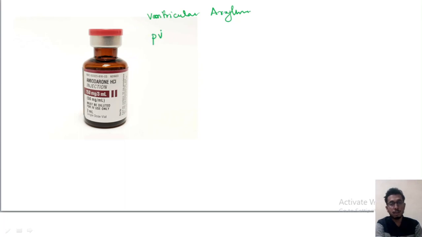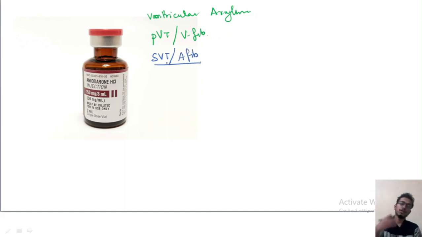It is also used off-label in pulseless ventricular tachycardia or ventricular fibrillation. It is also used in SVT, supraventricular tachycardia, as well as AFib, and it is most commonly used in cases of AFib in most of the intensive care units. Alright. So dosage of amiodarone: initially we give 150 milligram as a stat dose,